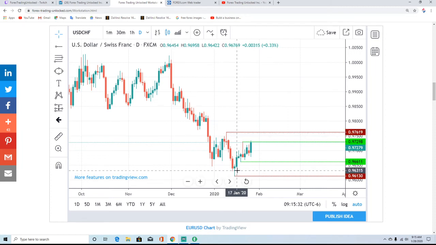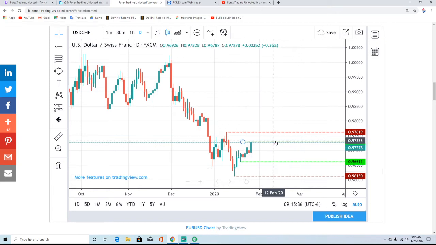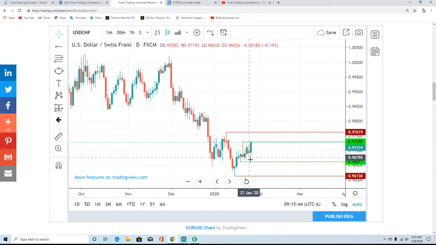Now we bottomed a couple of weeks ago, and as of today, we're taking out this upper green pivot here at 97.29. We're trading just below that. That right there is very bullish on the short-term rally that we have going on, because we've made a series of higher move highs, higher move lows. We took a little breakout to the upside again today, making a higher move high.